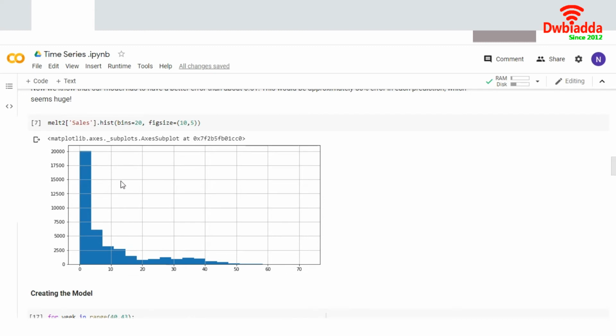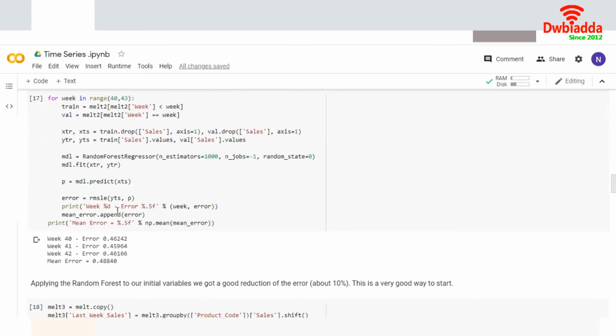So we can normalize this data set by applying a different model, dividing our training data set into different small chunks. Then we will apply the random forest regression on this. We are doing it here again. We have applied the random forest regression instead of evaluating the model using root mean square. Here I have considered the number of estimators, the number of models, that is 1000, on this weekly data. You can see the result.